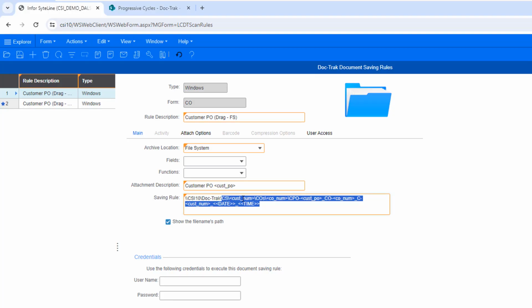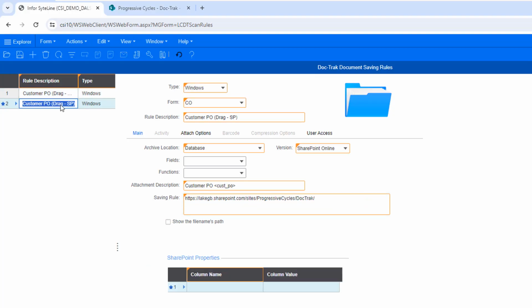Now I can go back to my new rule and add it here at the end. Finally, I'll change the backslashes to /. And now I've got a fully functional document saving rule that will work with SharePoint.